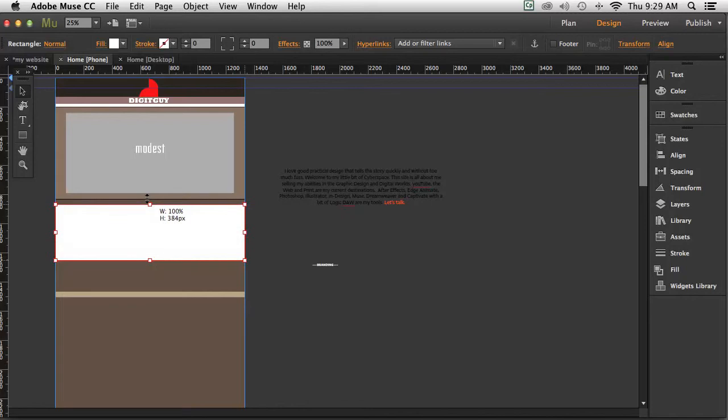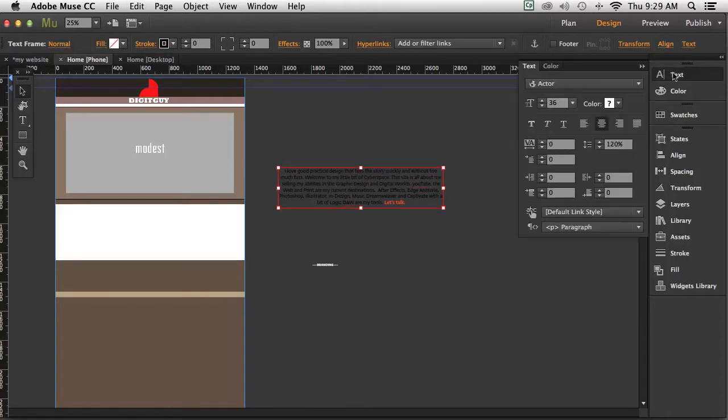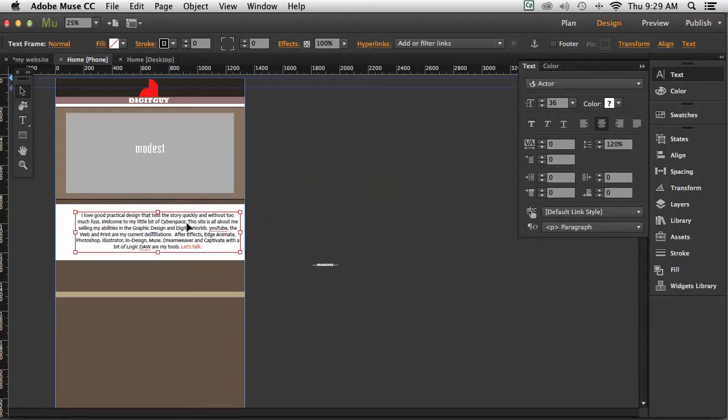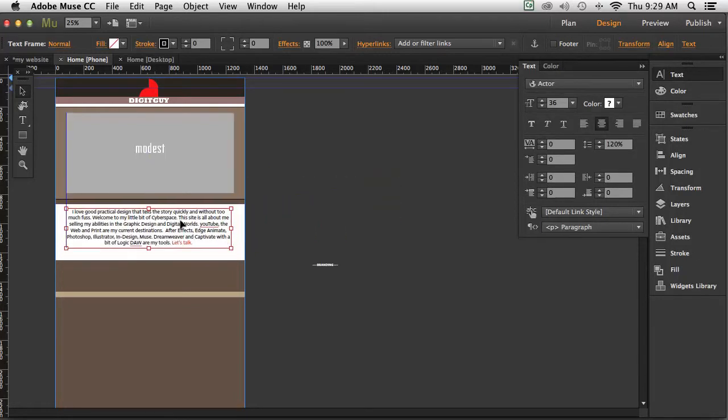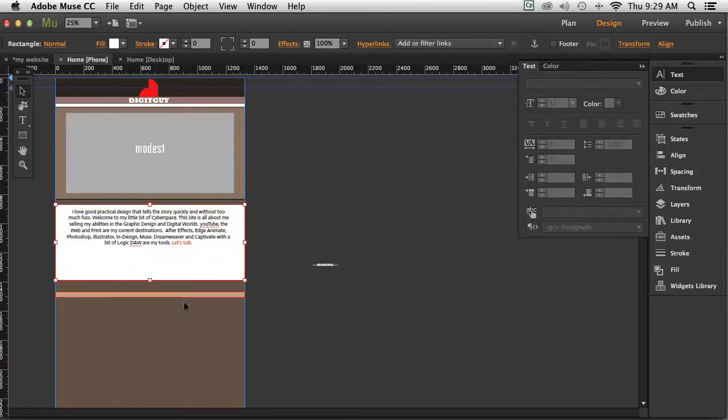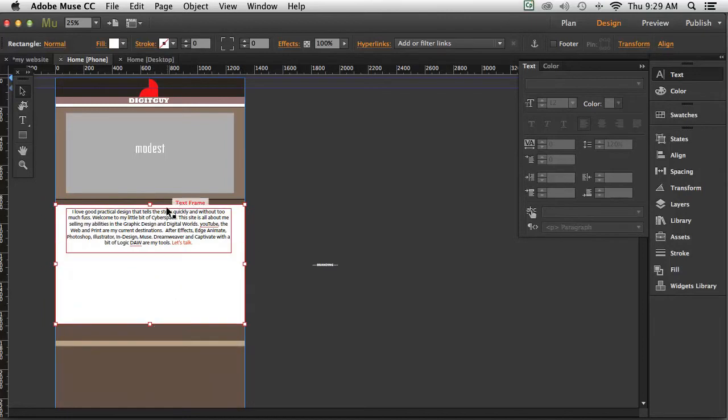Now the trick to this is the fonts have got to be a lot bigger than you think they should be. For example, if I go to my text, it'll tell us this is 36 point text. So I'll grab this and move this over here like that into the center, and I'll drag it down a little bit. Now that needs to be a lot bigger than that on a mobile phone so you can read it. So I'm just going to drag this white part, move this down, drag this, make it a lot bigger, select the text here, and I'm going to make it over here in the text box 60 point,